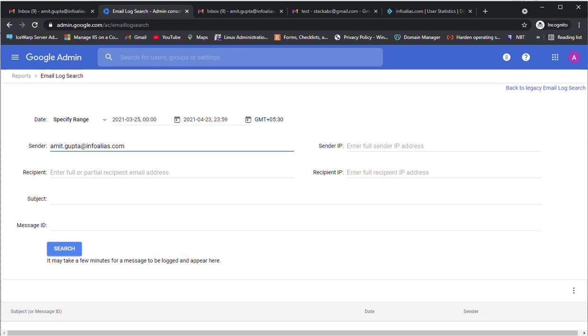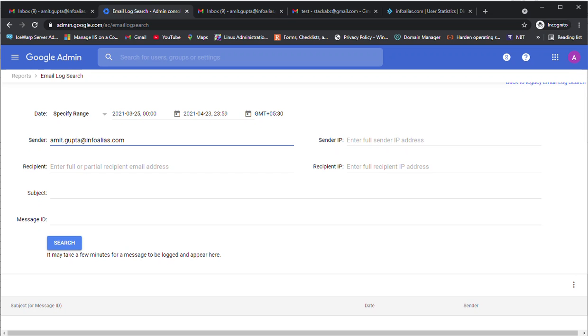It will be easier to find the email, because this user may have sent a lot of emails to others, and all these logs will be visible over here. So if you have the recipient name or subject, it will be easier to extract the logs. I'm going to click on search.